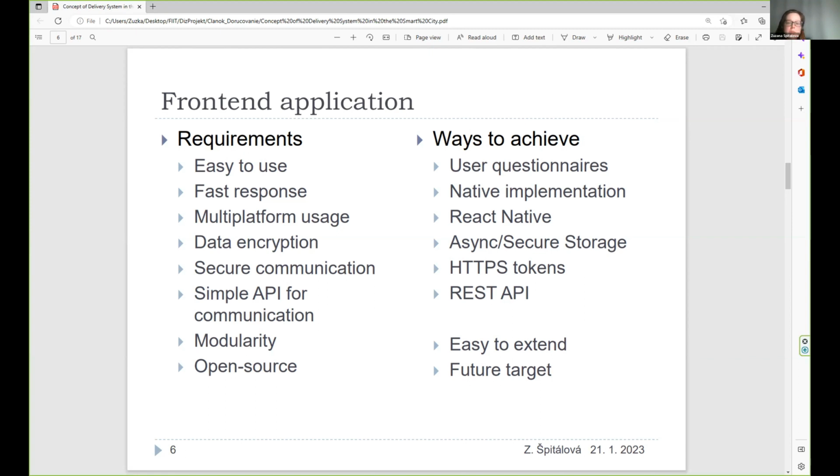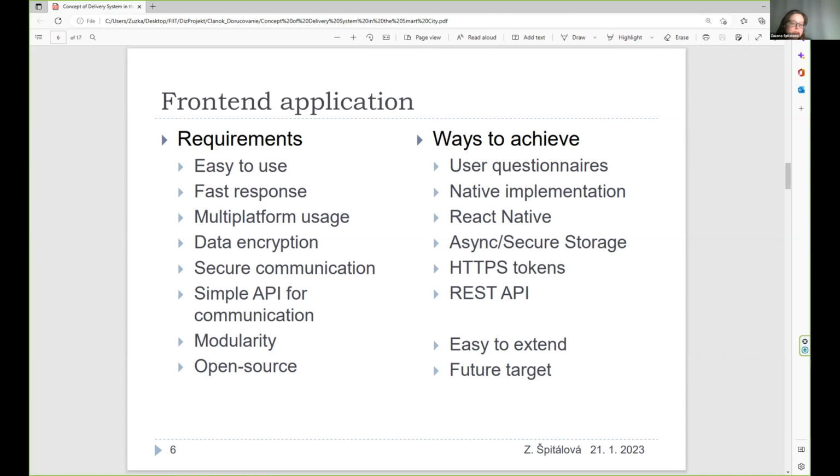The other requirement is the mentioned multi-platform usage. There are various frameworks for that, but we chose the ReactNative one, which is open source, and development IDE runs under various operation systems like Mac, Windows, or Linux. The other requirement is the data encryption requirement.